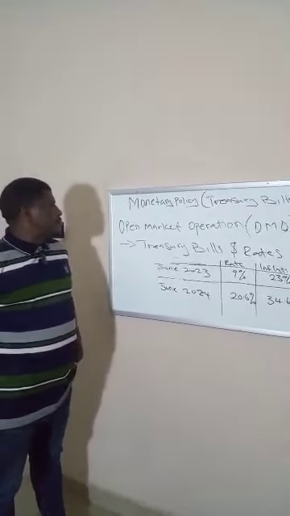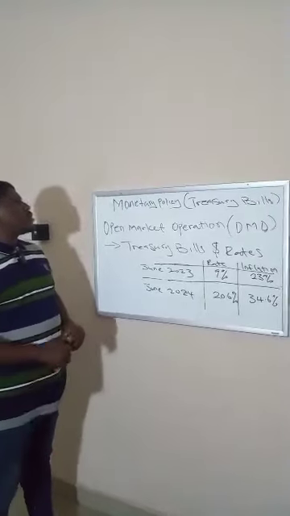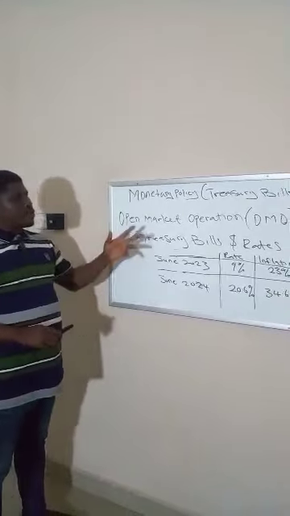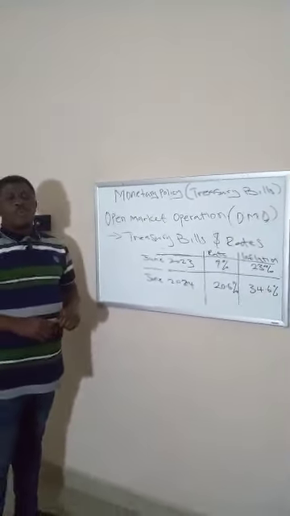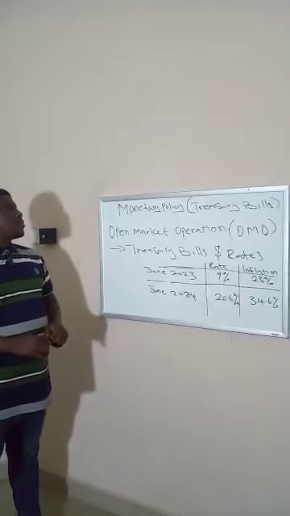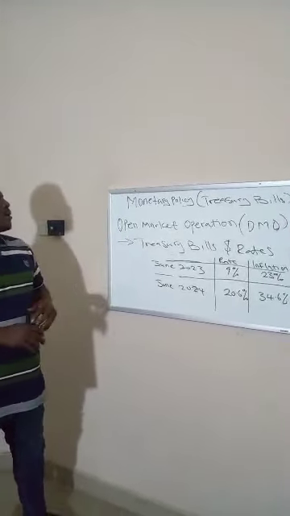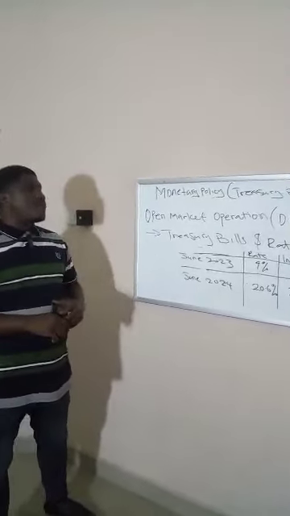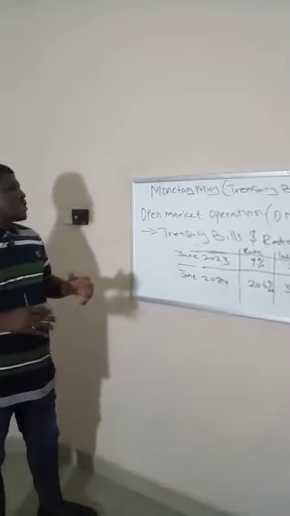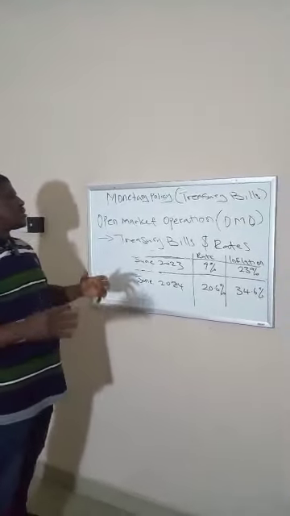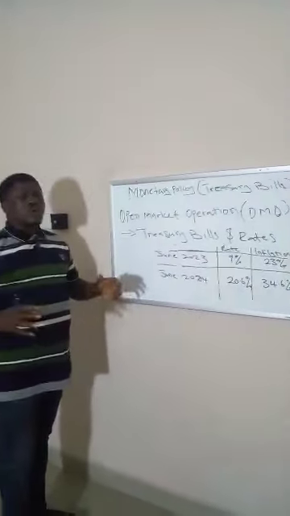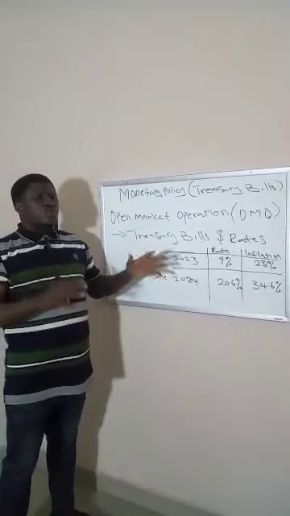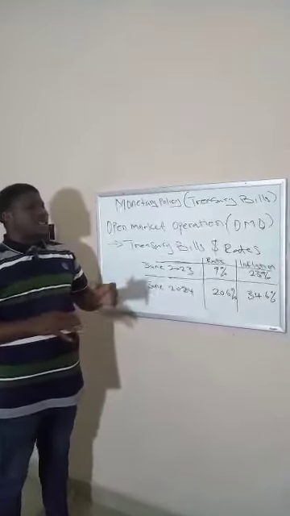Today, I'll be talking about one of the monetary policy instruments of the central bank, which is open market operation, popularly known as OMO. Open market operations are some of the monetary policy instruments of the central bank of a nation used to control the economy and bring it to a particular desired state, especially when it comes to money supply, to ensure control of inflation and general growth in the economy.